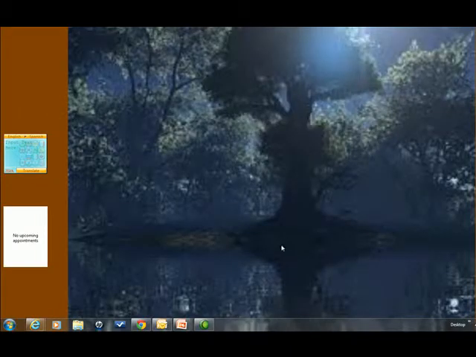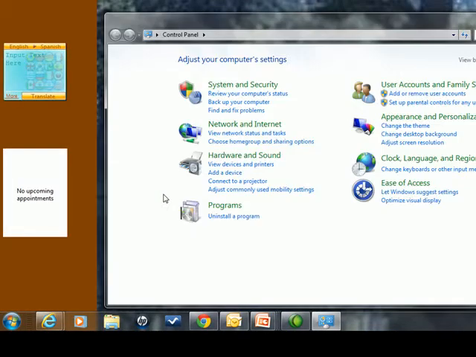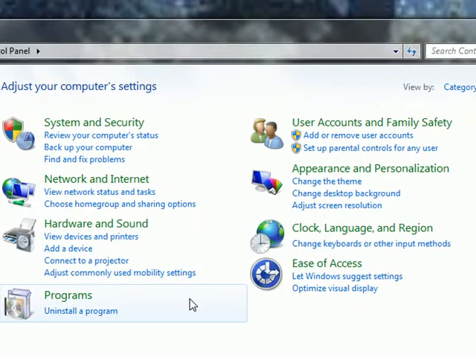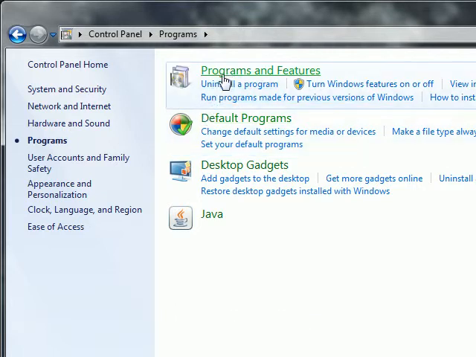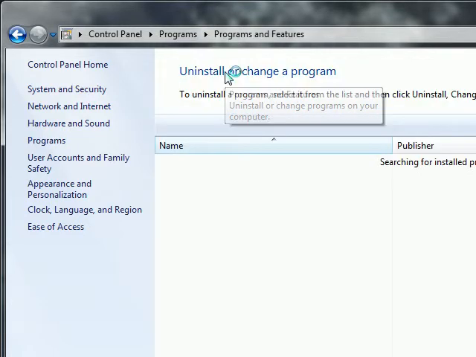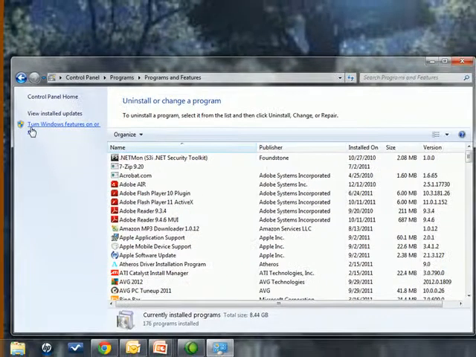Okay, let's start our demo. Like I said before, we need to go first to the Start button, come over to Control Panel. Then your Control Panel menus are going to come up. We're going to go to Programs, and then Programs and Features. It's going to take a second to load all of the programs, especially if you have a lot like I do. Then over here on your left hand side, you'll see this little pane that tells you the different things you can do, and you'll have one here that says turn Windows features on or off. You'll need to click on that,